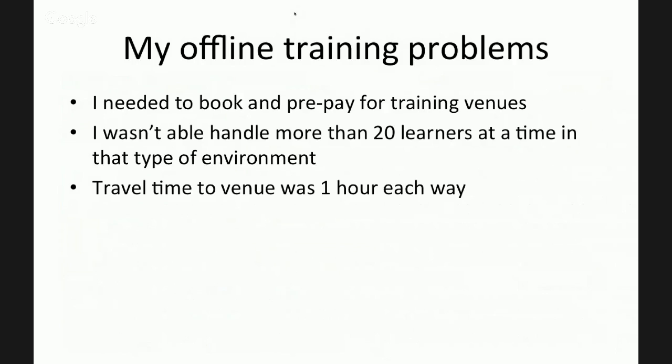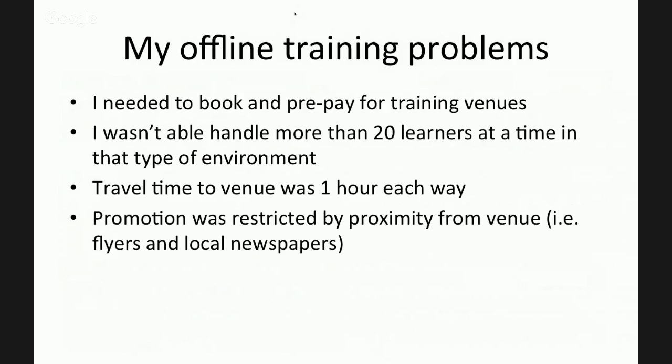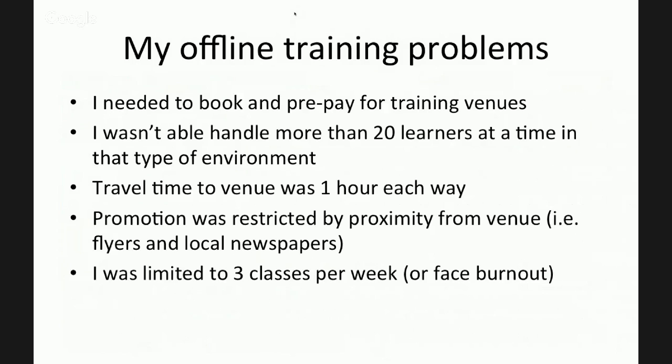The travel time to the venue was about an hour each way, which was a nuisance. When I was promoting the course, I was restricted and could only really market it in close proximity to the venue. So I ended up just printing flyers and advertising in local newspapers, and that's not a very effective way of marketing. I was limited to 3 classes per week, so I was capped on how many